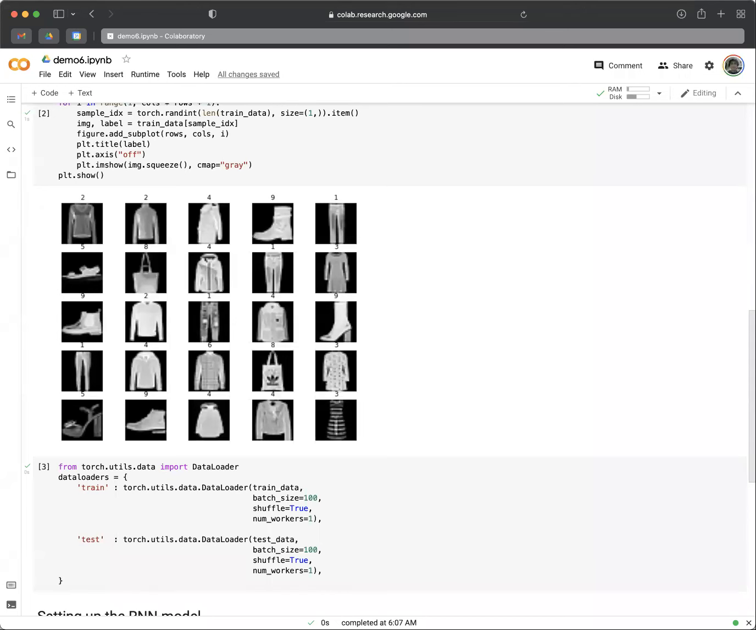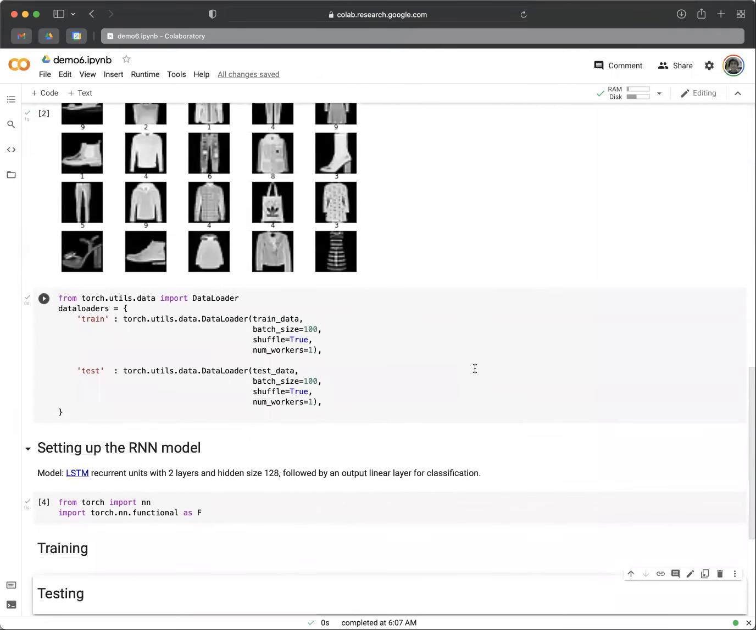The main thing that we'll understand in this demo is setting up an RNN: what is the way to set up an RNN model and how to train it. For this, we'll adopt the LSTM, or long short-term memory model, and this will have two layers with hidden size 128. How do we set up this kind of model? Let's